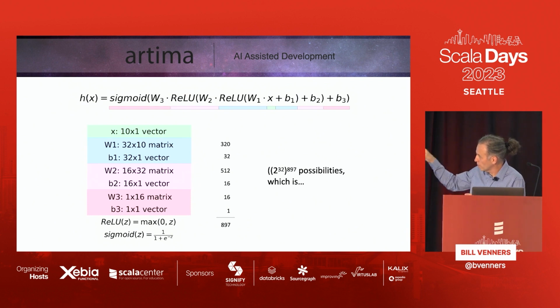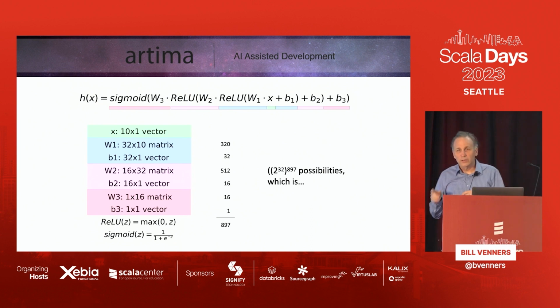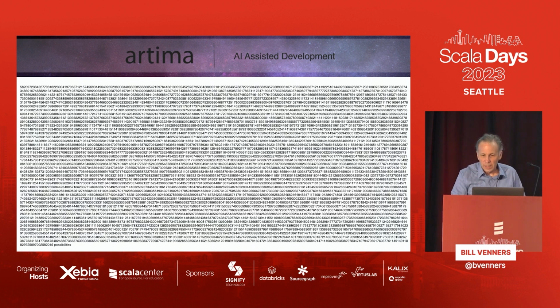So anyway, if you add up all those doubles, which are the knobs that are going to be turned, there's 897 of them, which is a lot of knobs. And if you take 2 to the 32, because these are floats, actually, not doubles, is what I used, and take that to the power of 897, that's how many stars in the universe of algorithms fit this formula template. I asked Scala BigInt to tell me how many that was. That's how many stars I have to search through to find one that I like. That's a lot, right?